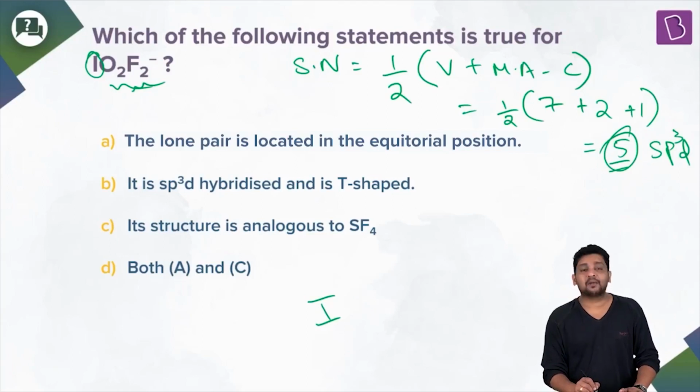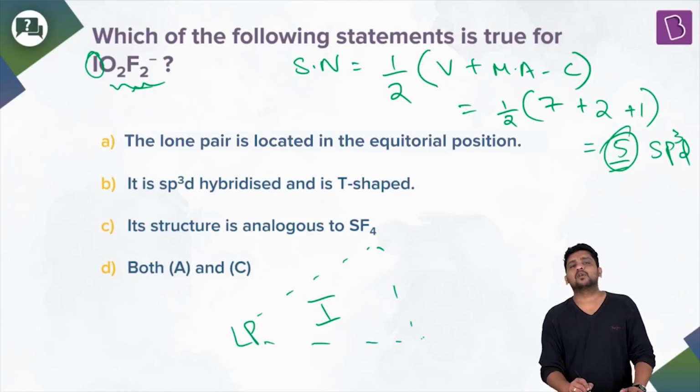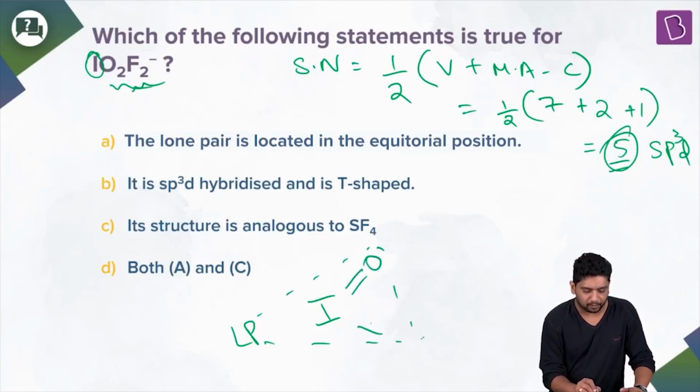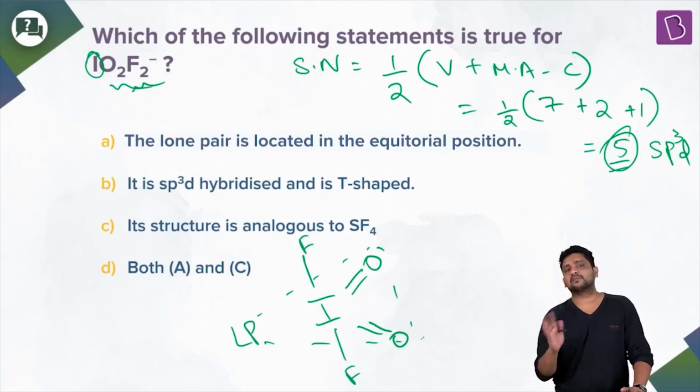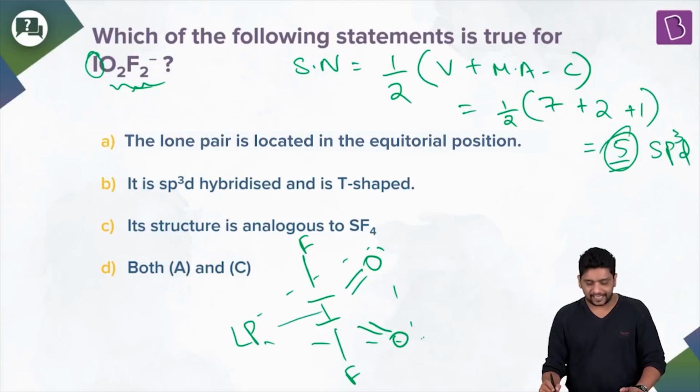Obviously, in a trigonal bipyramidal structure, we know that we put the lone pair on the equatorial plane. So the lone pair will be on the equatorial plane, and double bonds are also normally put in the equatorial plane because they are fatter electron clouds. So you will get a double bond over here, and a double bond over here. The most electronegative atoms normally go in the axial position. So I'll put the two fluorine atoms in the axial position, and there will be a lone pair in the equatorial plane.